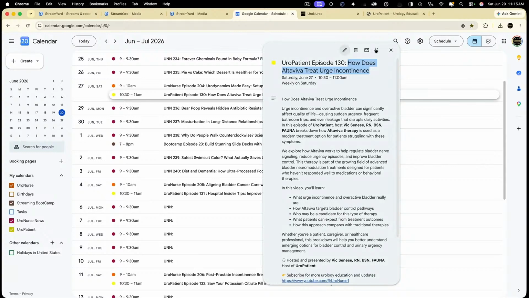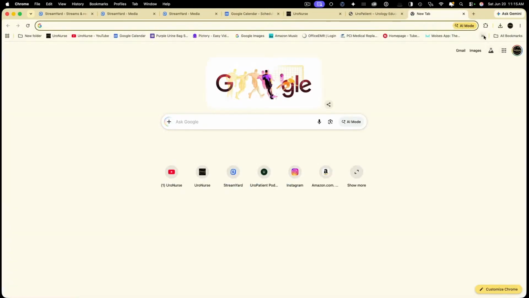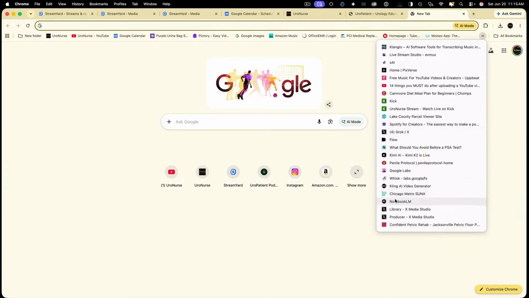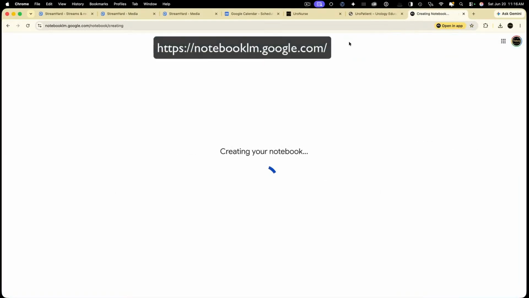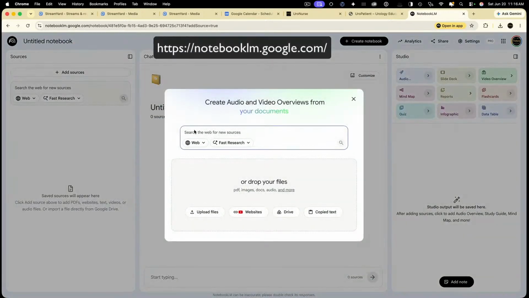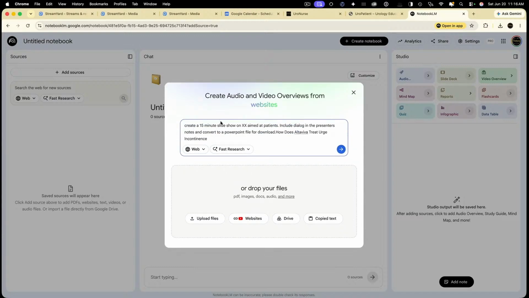So I'm going to do a little research here. And the best tool for research is something called Notebook LM. And you can create a notebook, and it's going to do some of the research for me. So I'm just going to put in, I want to create a slideshow, a 15-minute slideshow on